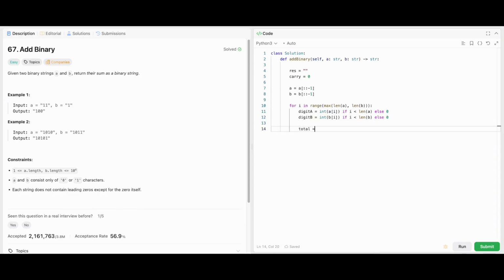And now we will calculate the total, which would be digit A plus digit B plus carry. And digit will be the string of total mod 2. Now we will calculate the carry, which is total floor division by 2. And now we will add digit to result, but make sure we add it to the left. So make sure digit comes before result. So digit plus result. And now that we have finished iterating,